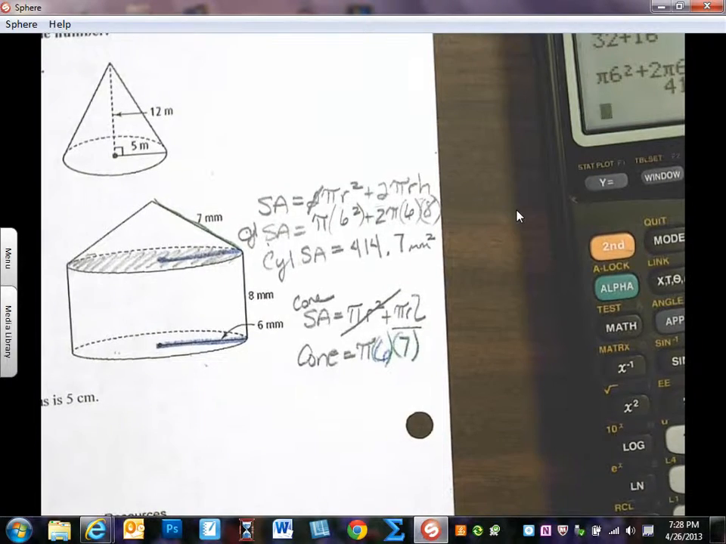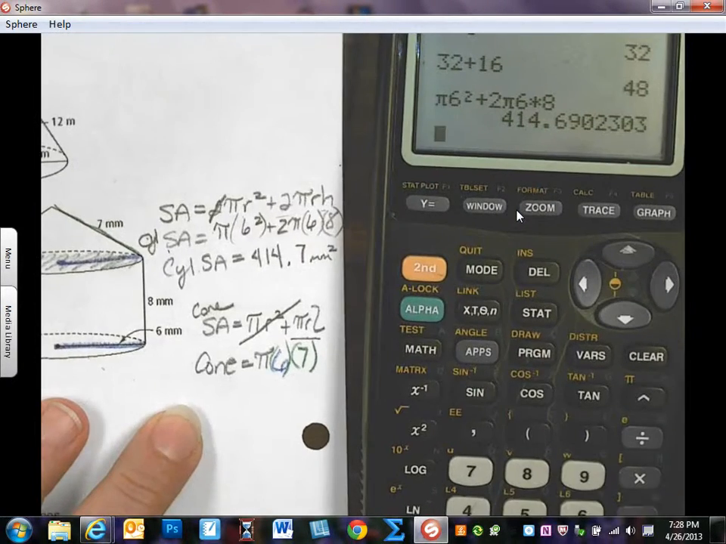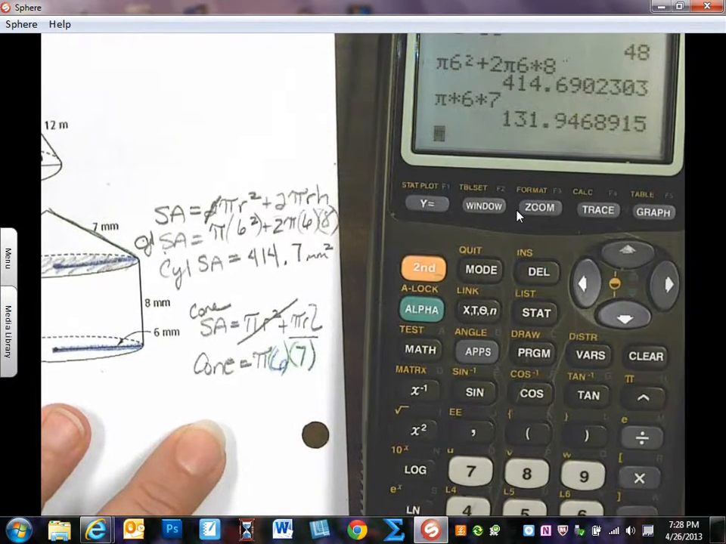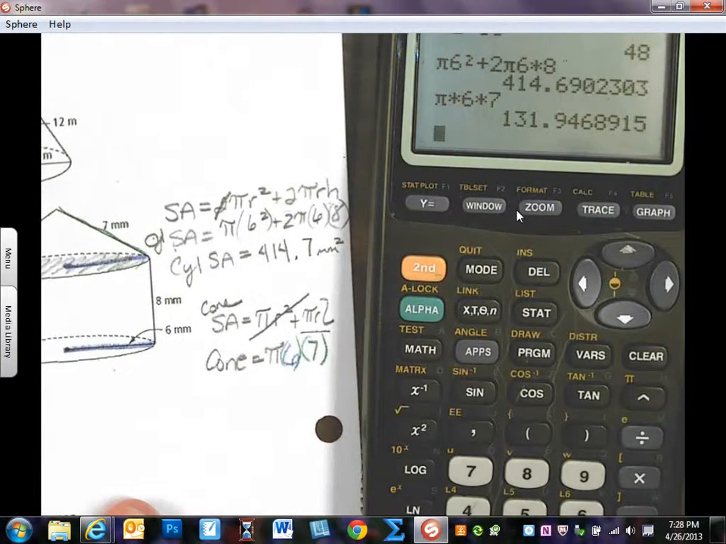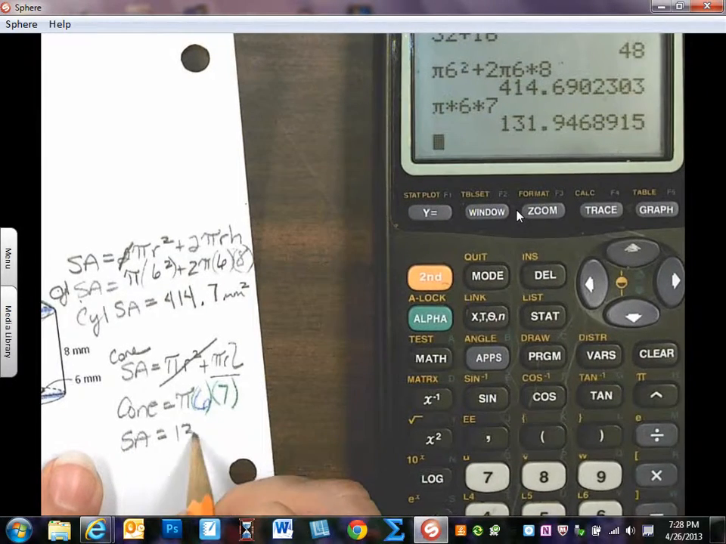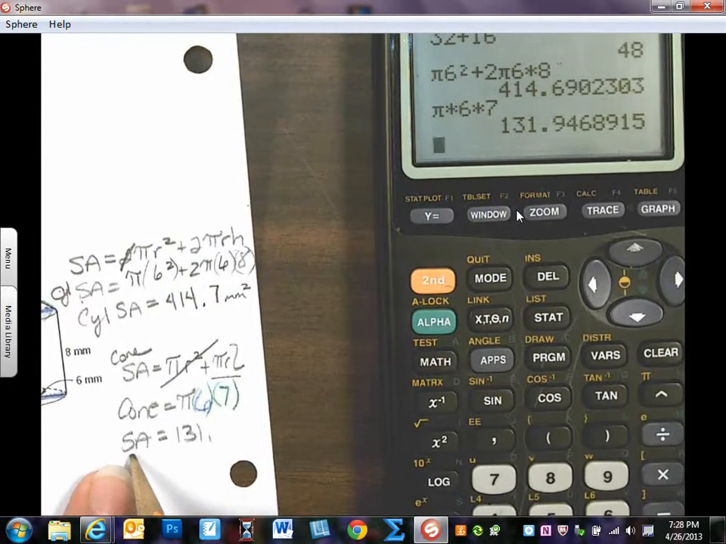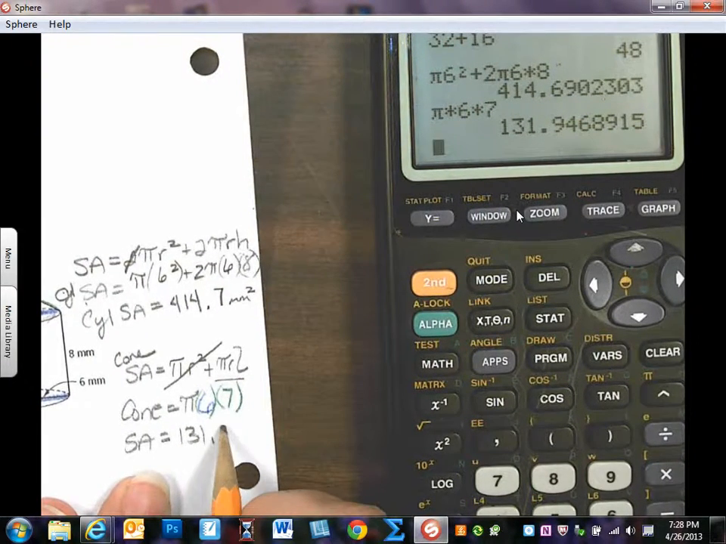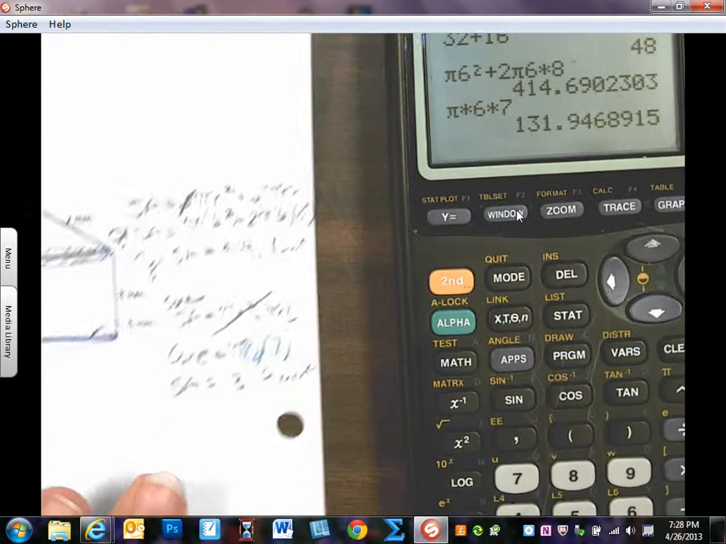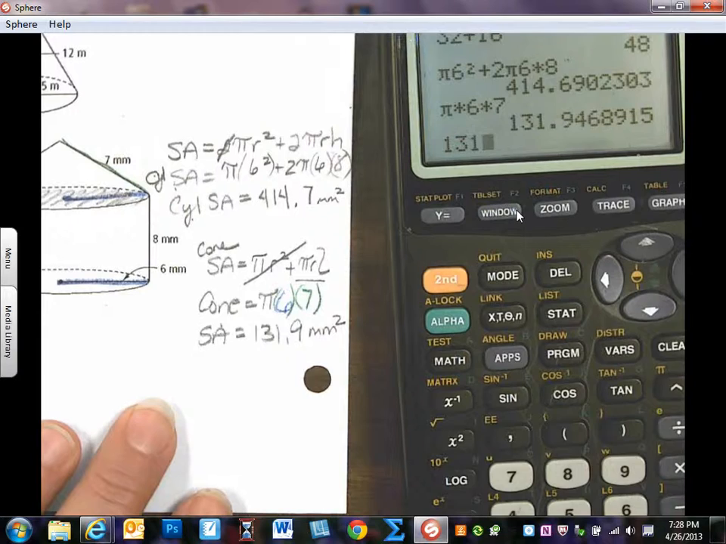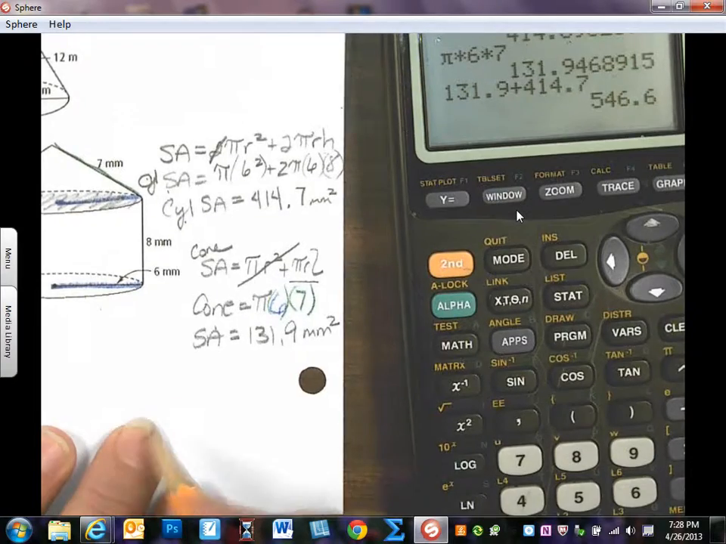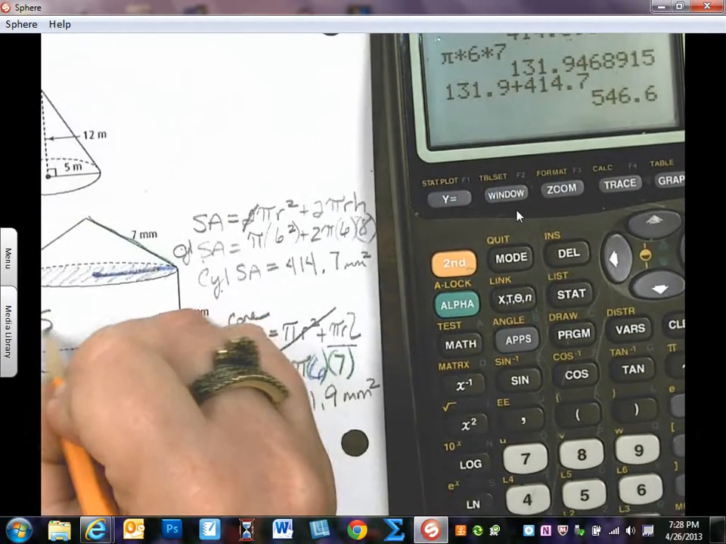So let's go ahead and multiply that. We're going to have pi times 6 times 7. And so that's the area of this cone. I'm calling it surface area, but it's really not. This is really a lateral area. So now I'm going to add my two areas together. 131.9 plus 414.7 is going to give me, for this whole shape, the surface area,